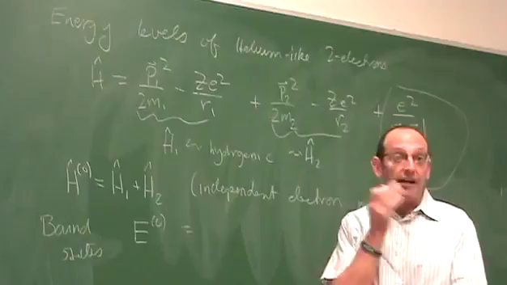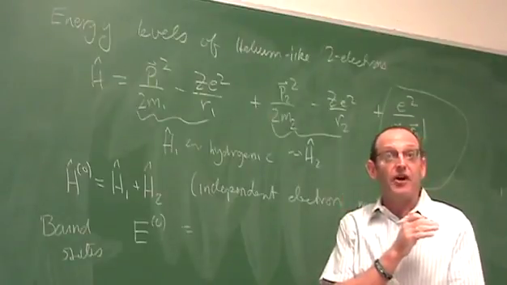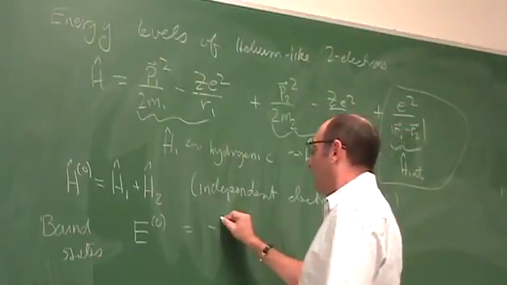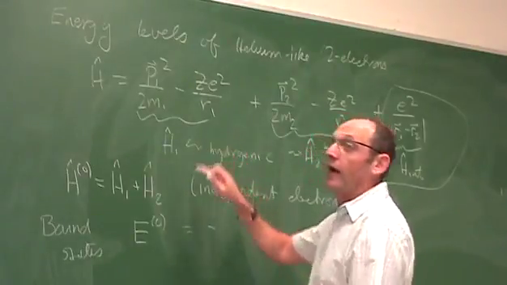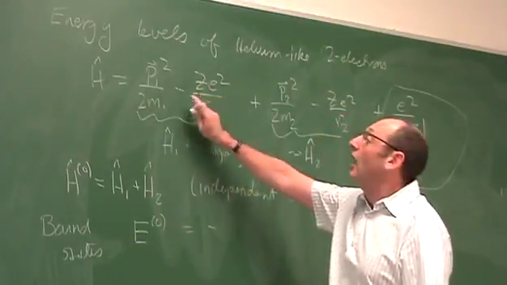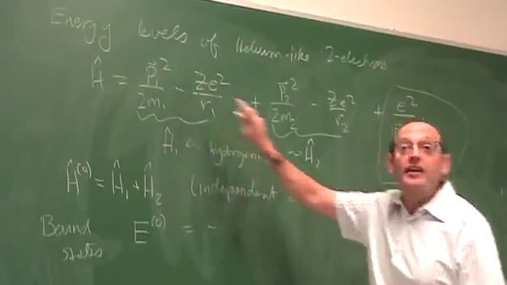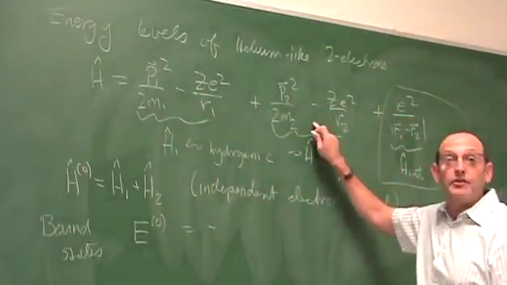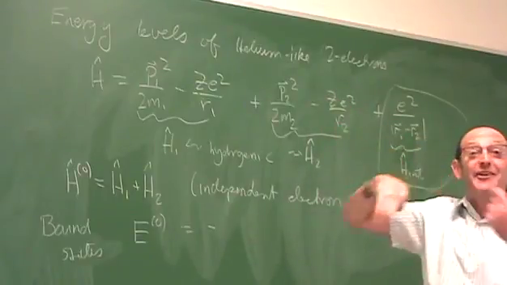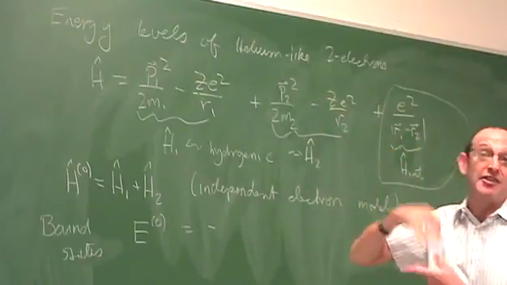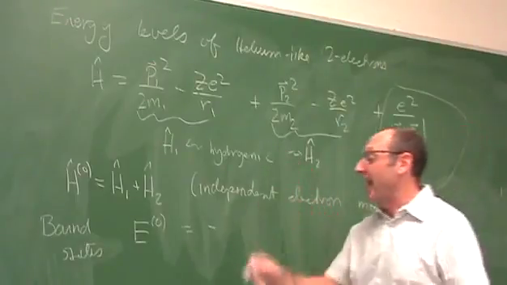The hydrogenic energies depend on a principal quantum number. So there's a principal quantum number for electron 1 and a principal quantum number for electron 2. Now, I don't know which one is electron 1 and electron 2 because we're going to have to anti-symmetrize, but one of them has an energy